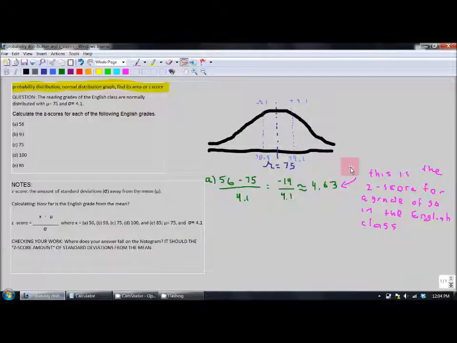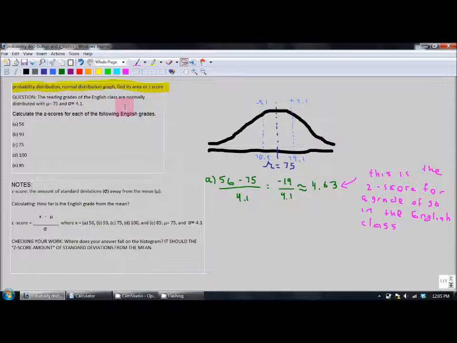So here we have some notes, basically to answer the question of solving questions about probability distribution on a normally distributed curve graph, and we're finding the area or z-score. So this is pretty much how you go about finding the z-score. There's a sample question here over on the left. Pretty much this question is just saying